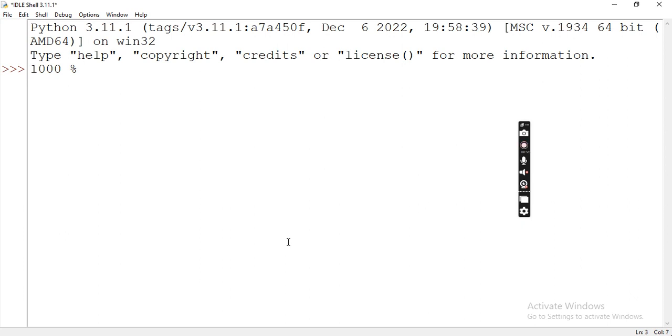Now what is modulus? Modulus is the whole number remainder when you divide two numbers together. For example, 10 modulus 3 gives 1. 13 modulus 2 gives 1. 13 modulus 5 gives 3. So it's important you understand modulus before you can do Euclid's algorithm. So we know that 1,000 modulus 625 is 375. So we go back and write